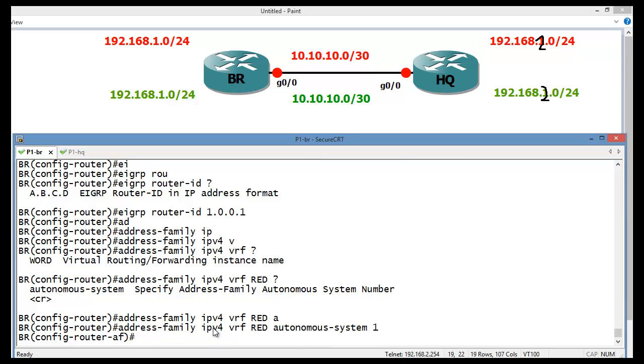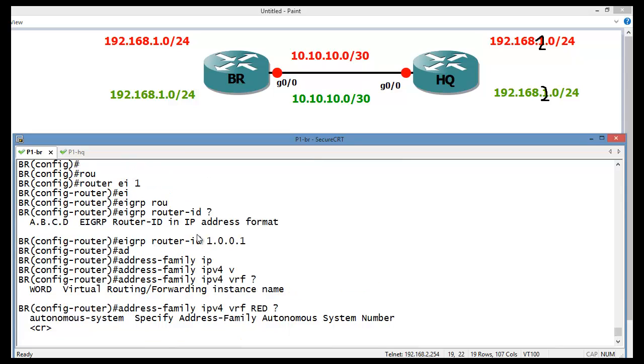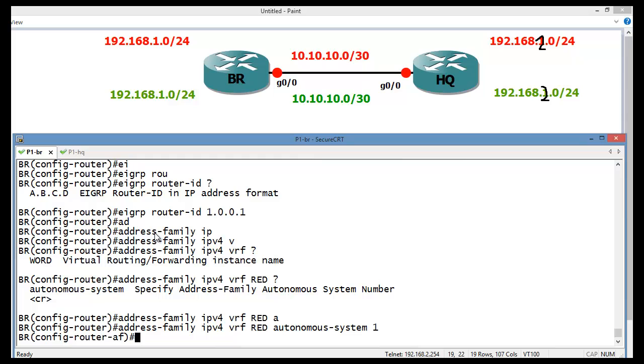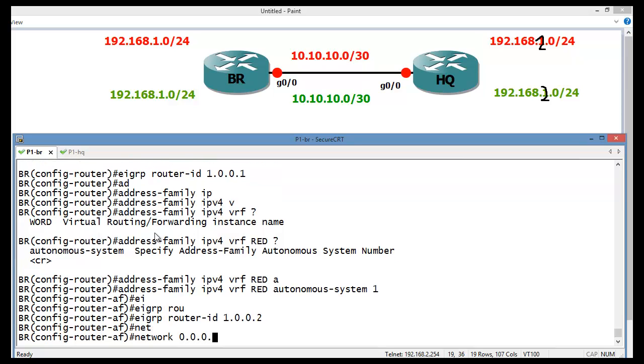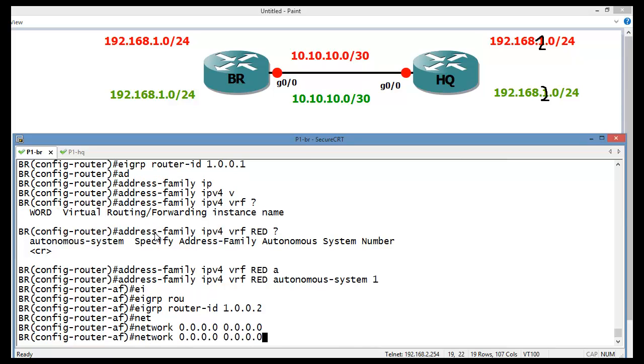So address family IPv4 VRF, the name of the VRF is RAID, and then after autonomous system, that is 1, and notice that I have also selected an autonomous system on global routing. This should not be identical, I mean to say that you can select your own. And similarly EIGRP router ID 1.0.0.2, and then what network you would like to add. I would like to add all those, and switch over to the next one, or go ahead and create for